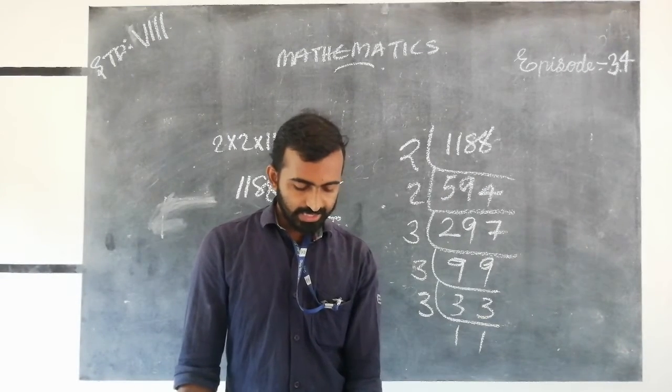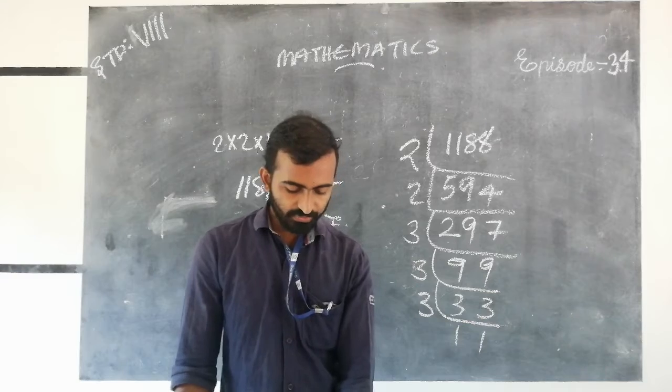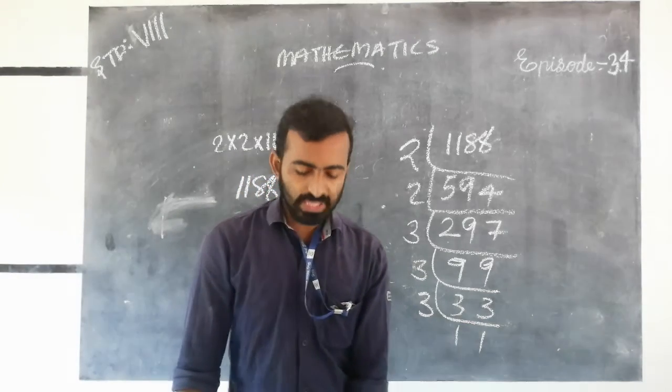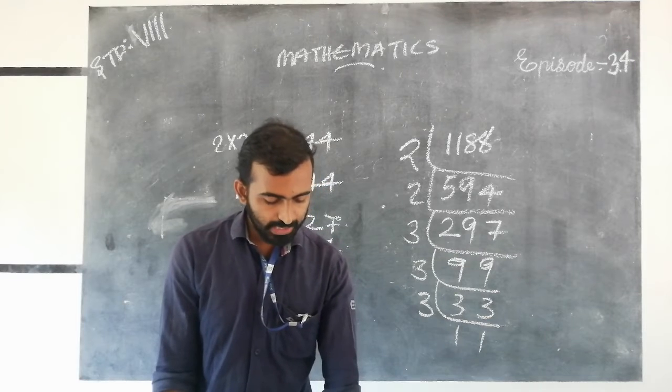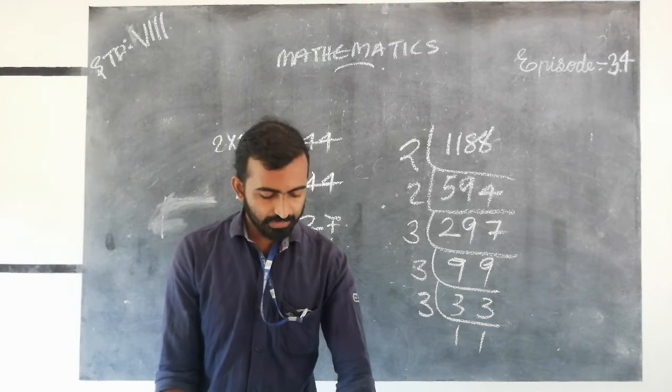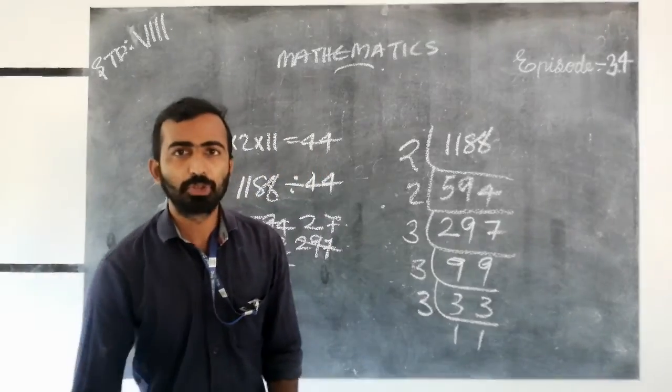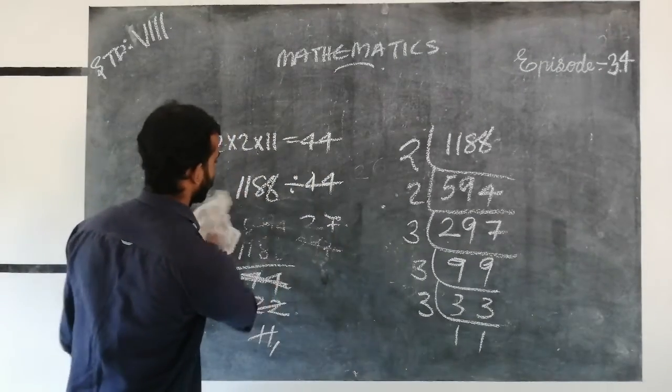Is 68,600 a perfect cube? If not, find the smallest number by which 68,600 must be multiplied to get a perfect cube. To get a perfect cube. Is it? Yes.